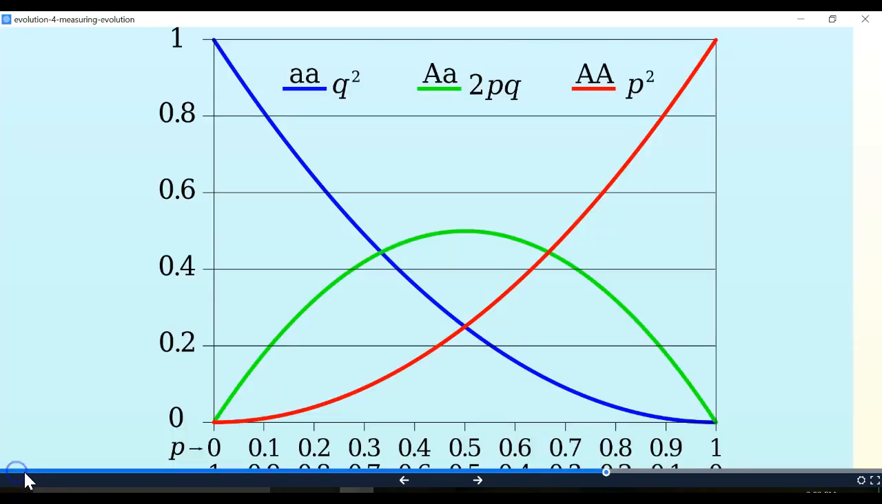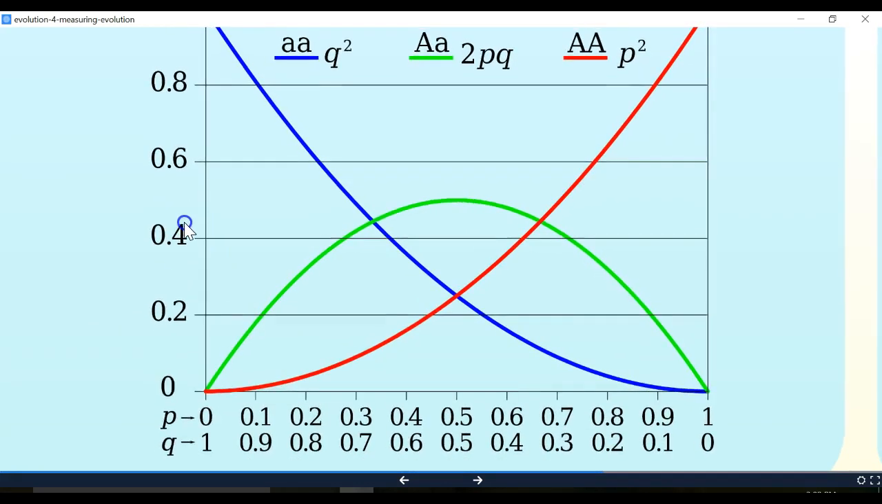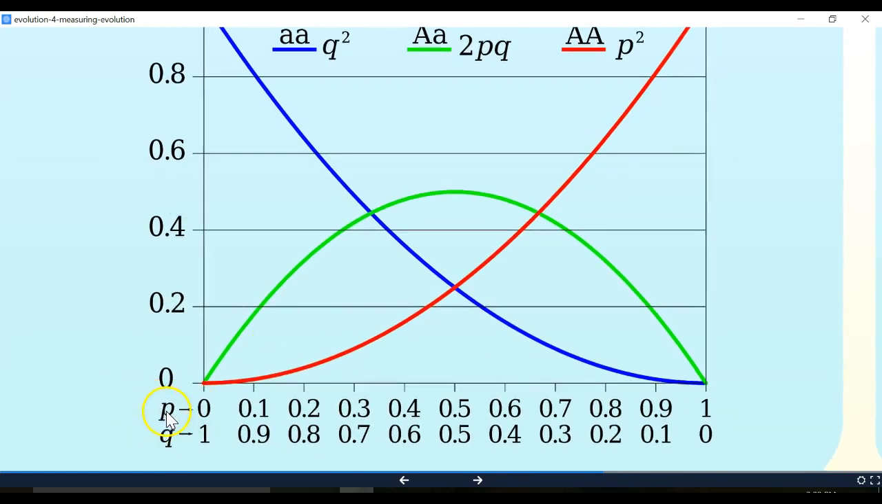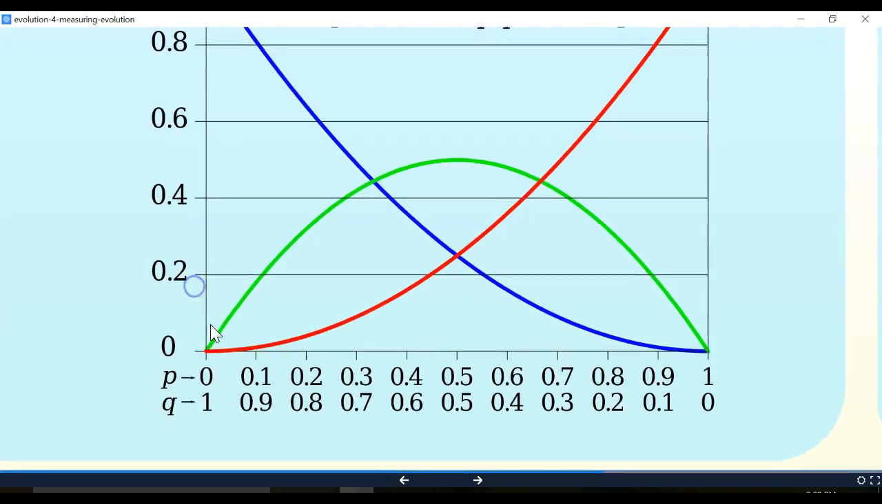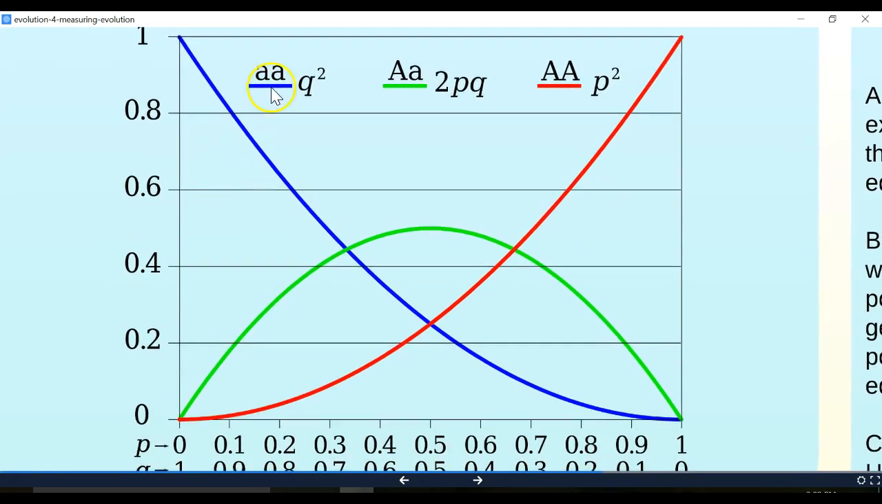Let's take a look at this chart to see if we can figure out why this math makes sense. Okay, so on the bottom here, we have the frequency of the dominant allele, that's p, and the frequency of the recessive allele, that's represented by q. And we can see that if the frequency of the dominant allele is at 0, that means that the frequency of q must be at 1. And so looking here, q squared, again, is represented by this